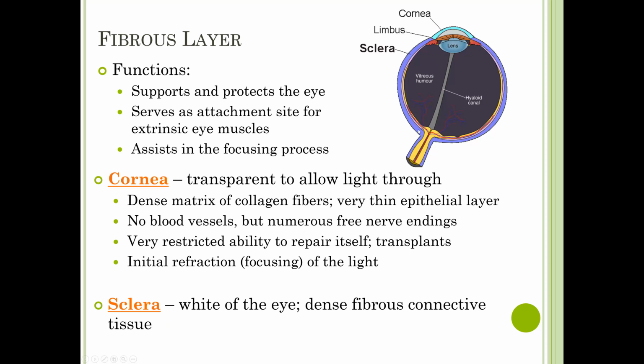And then the sclera, which is shown in this purple color, this is known as the white of the eye. So this is the largest portion of the outer part of the eyeball. And it is composed of a very dense fibrous connective tissue. And when you're in lab, you'll see just how dense it is. It's actually pretty difficult to cut through. And the sclera is going to provide an attachment site for the 6 extrinsic eye muscles that move your eyeball up, down, sideways, and diagonally. And you'll go over those 6 extrinsic eye muscles in lab as well.